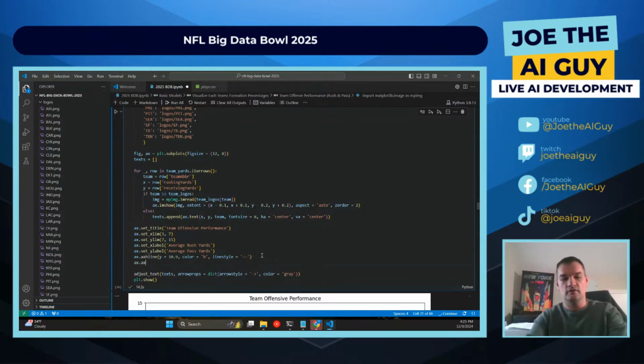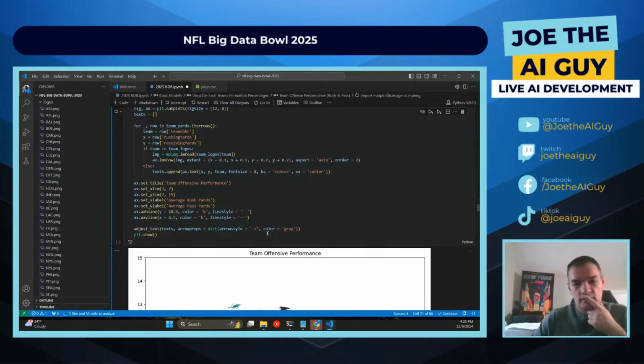And then axvline, x equals, so this is 4.5. Black lines, line style should be dashed. Now if I add those in,